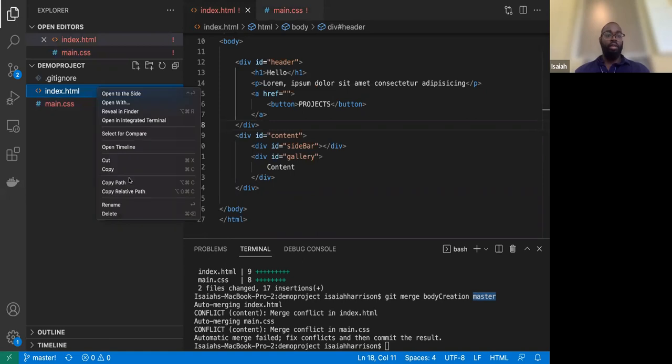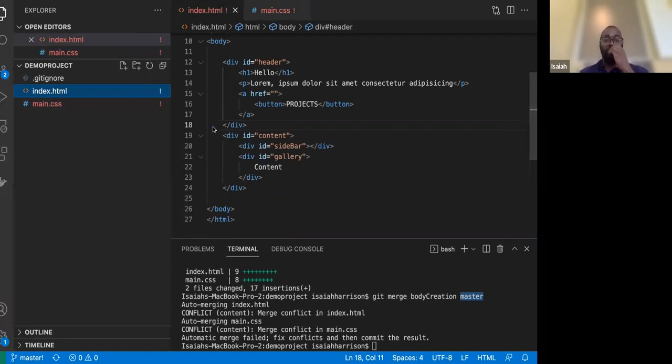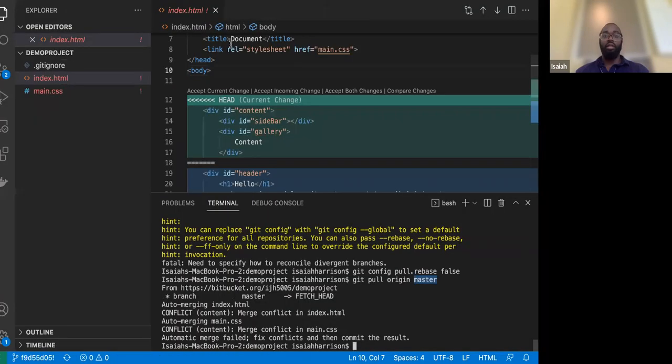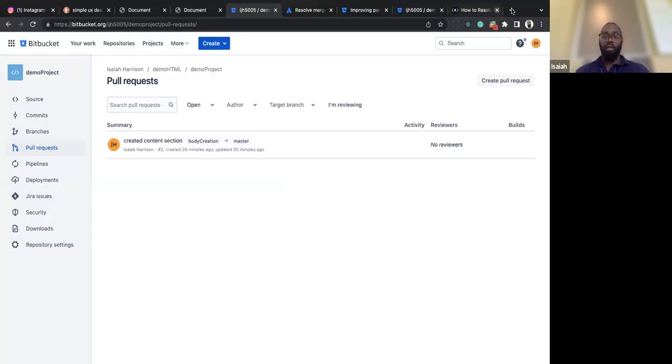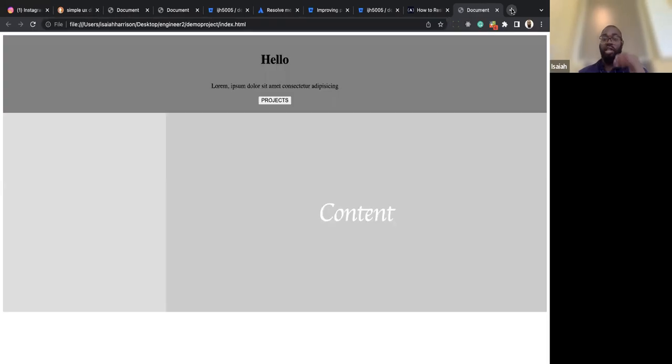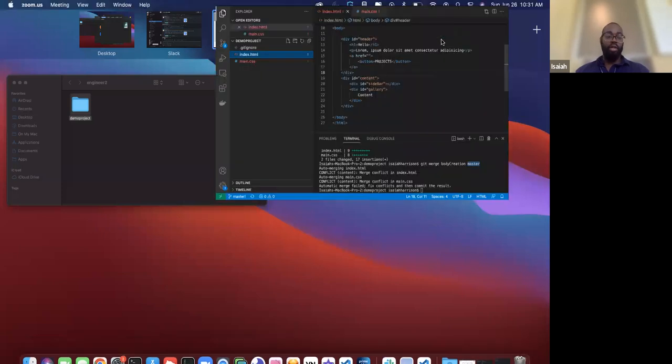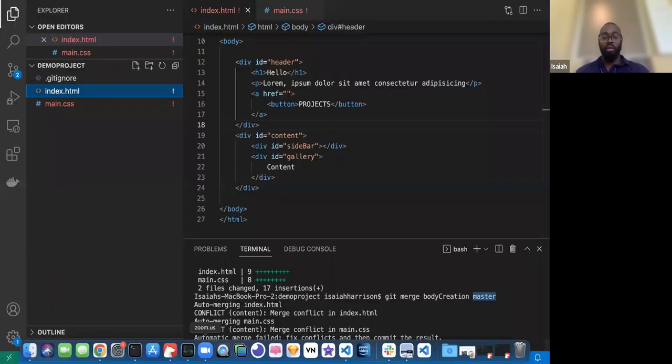What I would then do is open this up in a browser so I can check it to be sure nothing is wrong with this. You always want to test your code before you put it up. We got the header and we got the content. Perfect. So now that I merged it on the master branch,